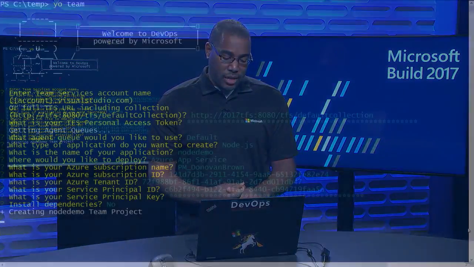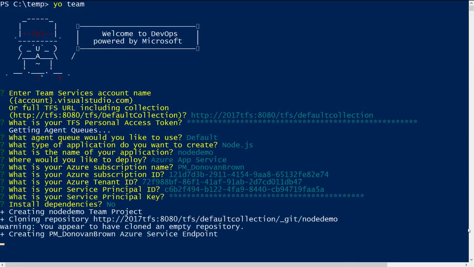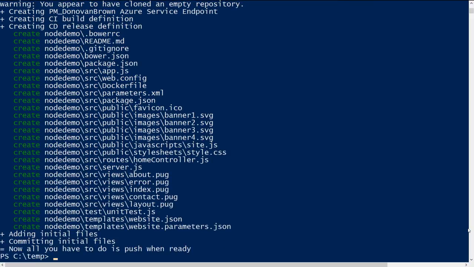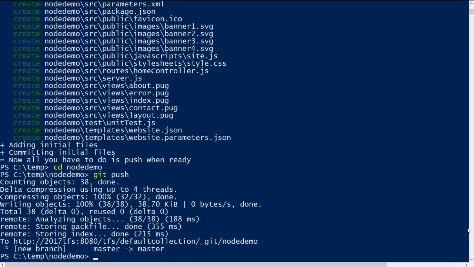So on the screen, what you're seeing now is it's creating a new team project for me inside of my Team Foundation Server. In a moment, you're going to see it actually cloning the repository. It's now creating a service endpoint from my Azure account to my Team Foundation Server, which is going to allow us to automatically deploy into Azure. It's also created a new CI build for me. It created a continuous delivery release definition. It's actually given me a sample project here, and then even goes ahead and commits the first set of code for me. So all I have to do is basically cd into the application folder and then push it to